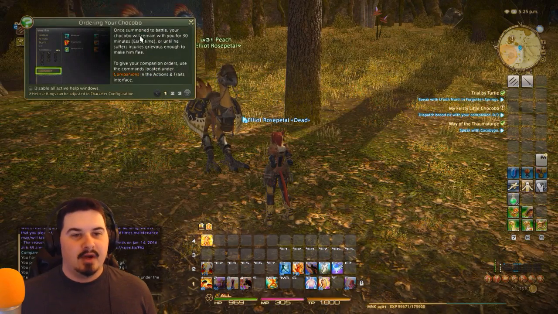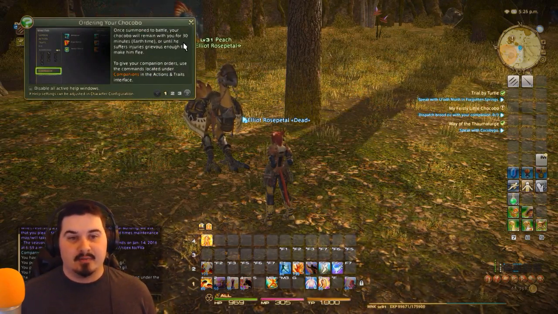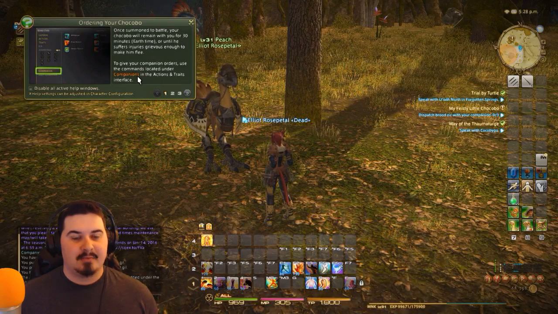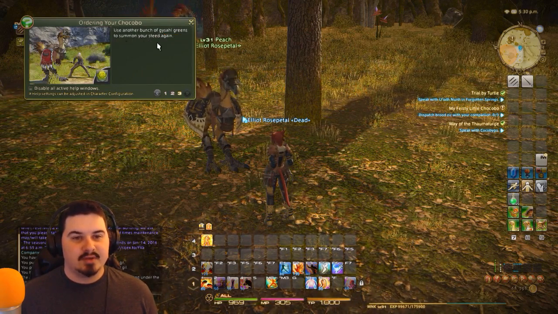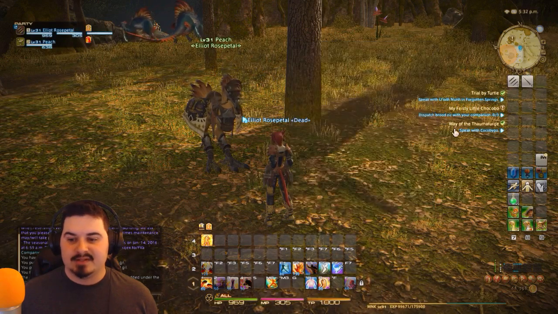Ordering chocobo. Once summoned a battle, your chocobo will remain with you for 30 minutes Earth time, or until he suffers injuries grievous enough to make him flee. To give your companion orders, use the commands located under the companions in the action tree interface. To order your chocobo to auto attack. Yep, we already know about this. Use another bunch of Gisso Greens to summon your steed again. Yep, we're gonna have to use that to summon him, and literally every single time we're gonna have to do